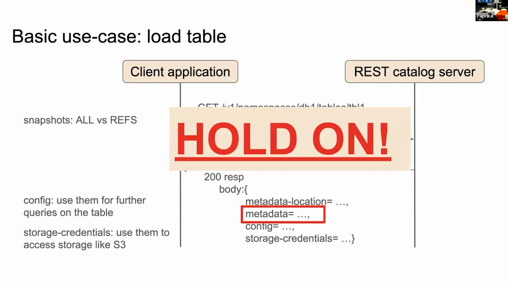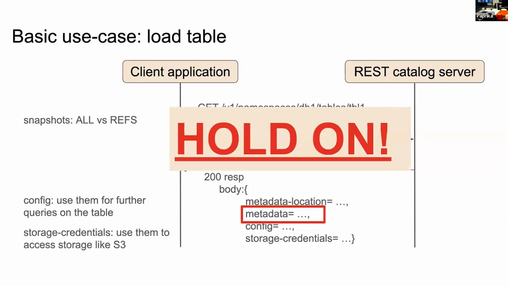But hold on. So there is a perception that the REST catalog, or the catalogs in general in Iceberg, only give you the metadata location, right? And then on the client side, you have to use this metadata location, go to storage, read up all the metadata files, construct them into the internal representation of the metadata, and then move on. But this is not the case with the REST catalog, because here, the metadata is in fact read and put together on the server side, put into a REST message and sent back to the client so that the client doesn't have to do it itself.